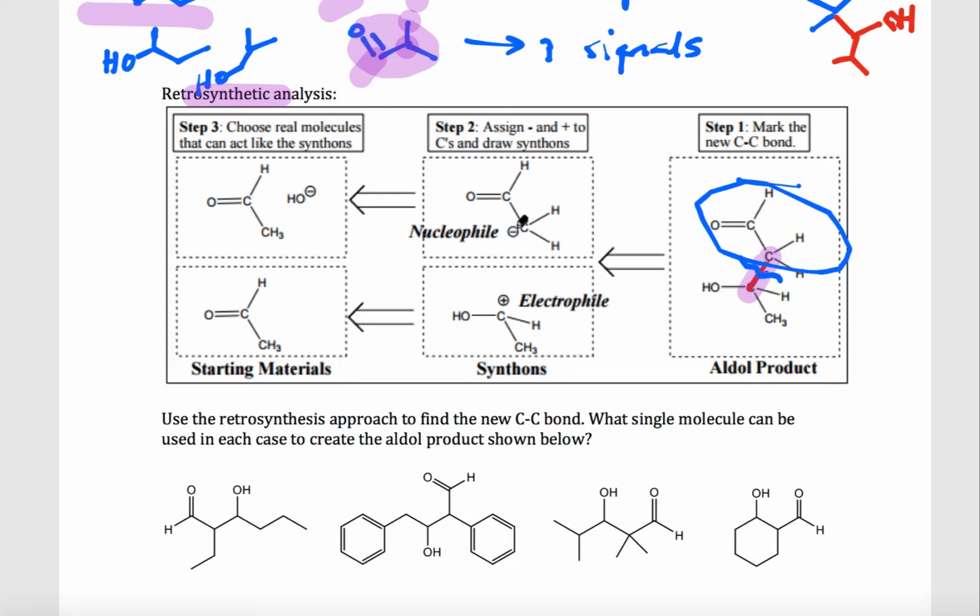That means this came from a molecule where there was an H there. So I'm basically just stepping it back in time to what I must have started with. Now let's look at the other half. The other half of the aldol product is my beta hydroxy group. So I'm going to step that back and say, oh, that came from a carbon here being electropositive in some way, which means that the